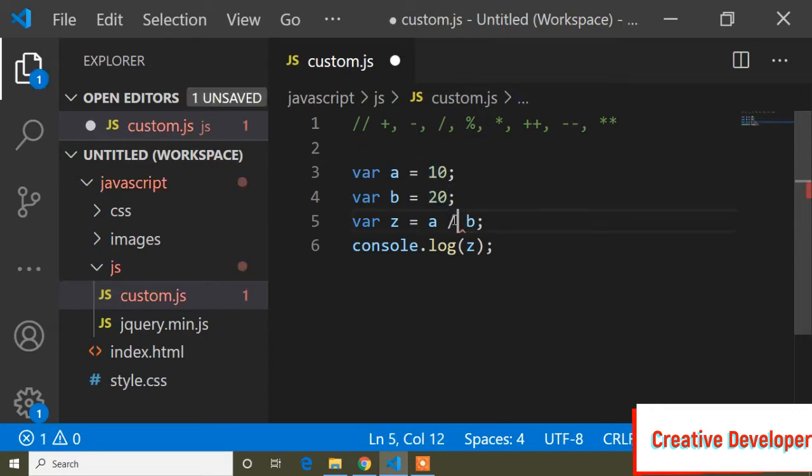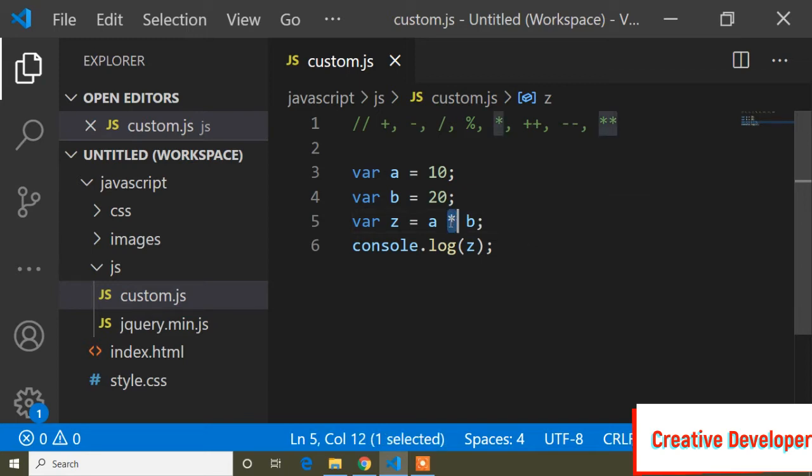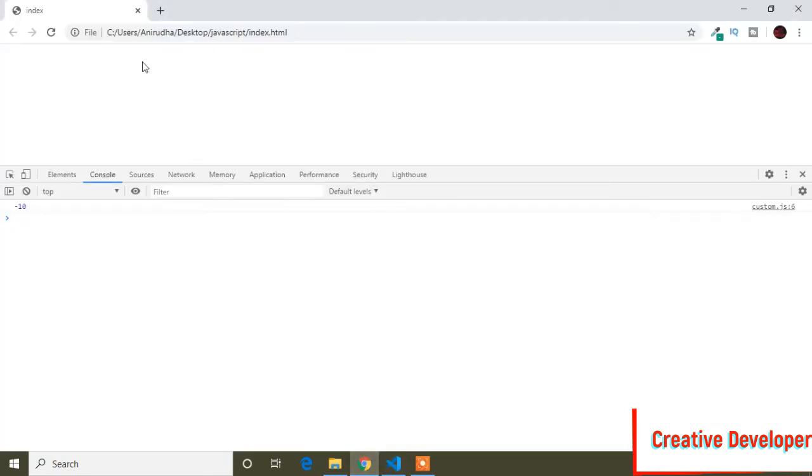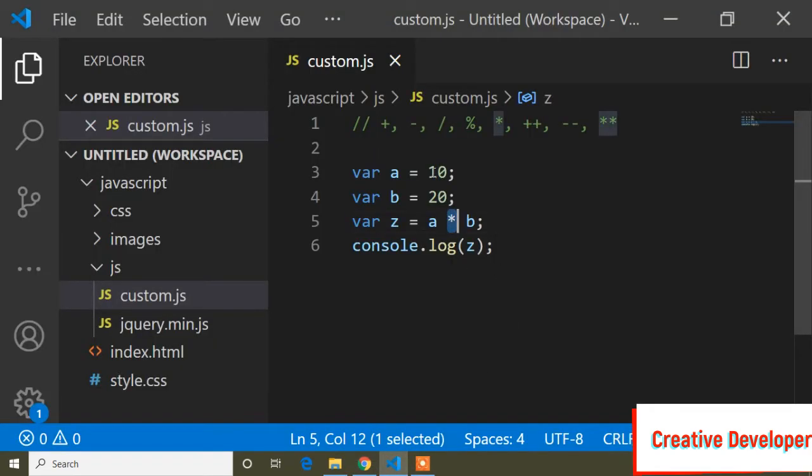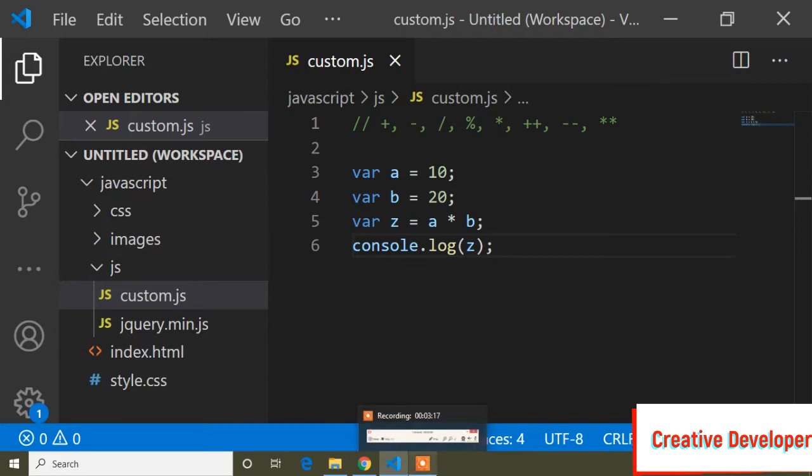In the same way I can write divide, I can write percentage, and I can write multiplication. This time we can call these arithmetic, because they are performing with numbers. So with 10 and 20, if I go to the output, you can see the output is 200. That means it's performing on the two numbers 10 and 20. So these syntax are called arithmetic. And guys, this is the logic of arithmetic. This term may seem difficult, but it is too easy.